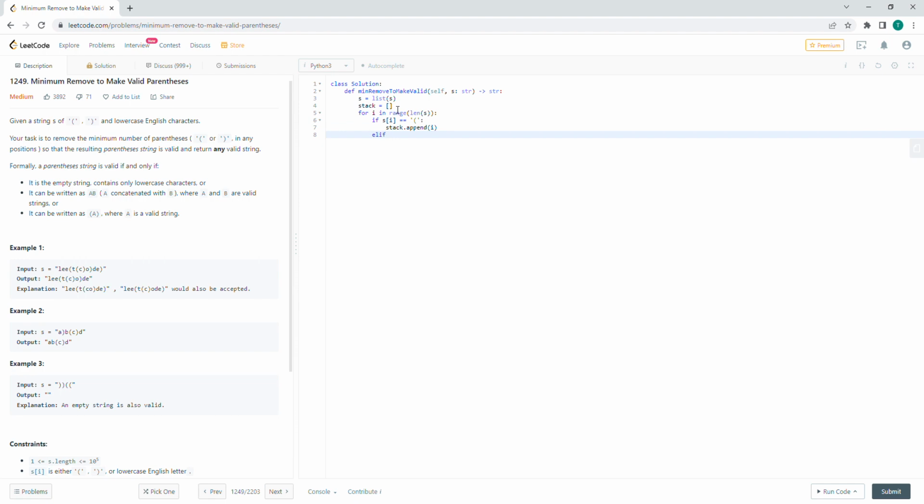Else, if the character at index i is equal to the closing parentheses,